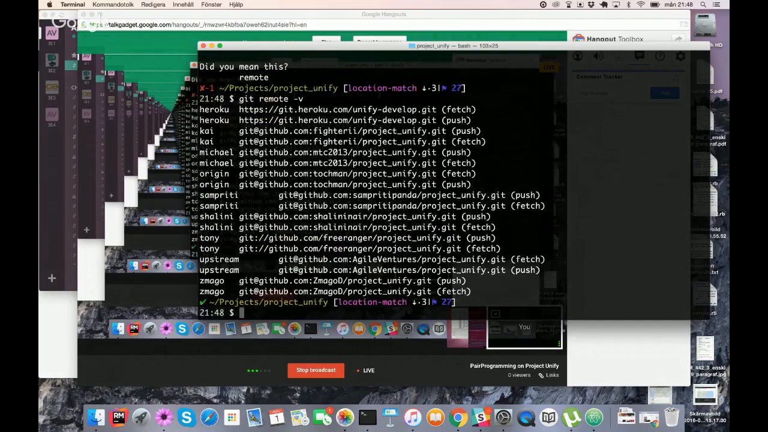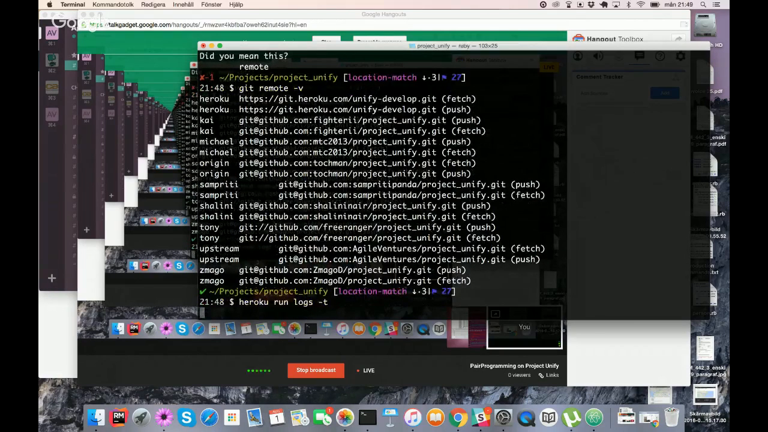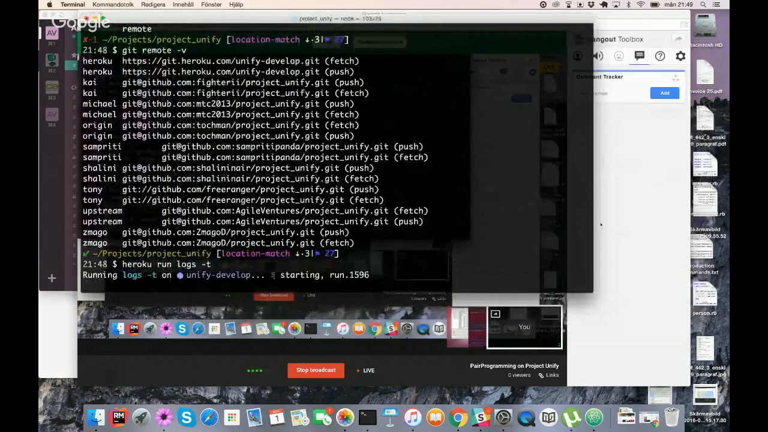Do I have? Yes, I have a Heroku instance set up here. So Heroku run logs -t just to check the log. You were getting a 500 error while you were trying to set up a user, right? Yes. Okay, so that's because